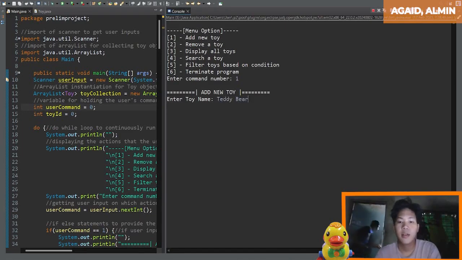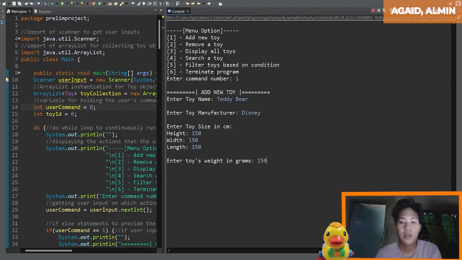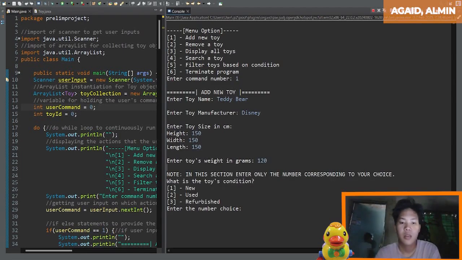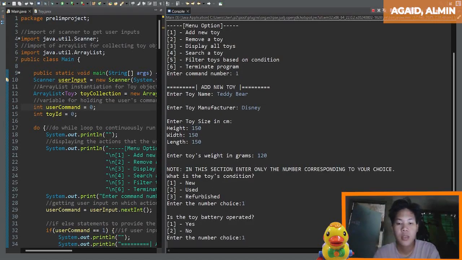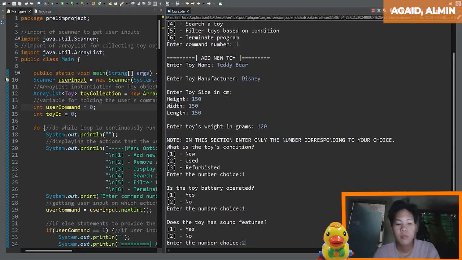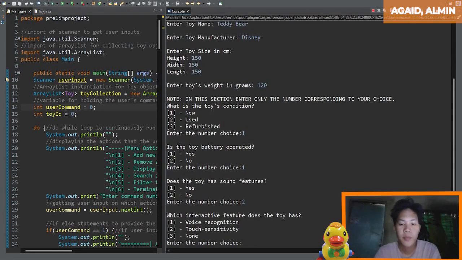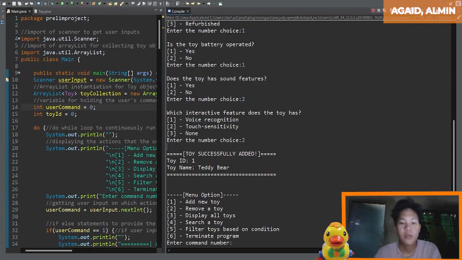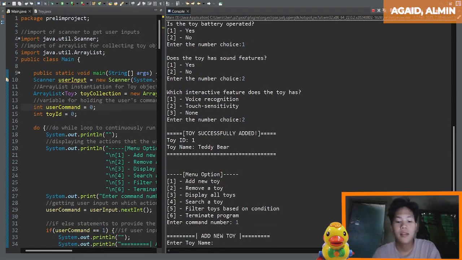Ayan, nilagay na siya sa array list ng toy collection. So, try natin ulit magdagdag pa ng ilan.